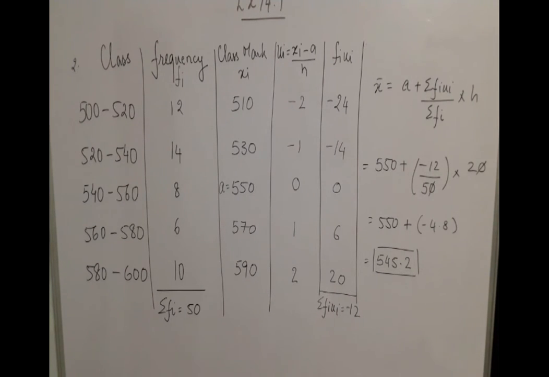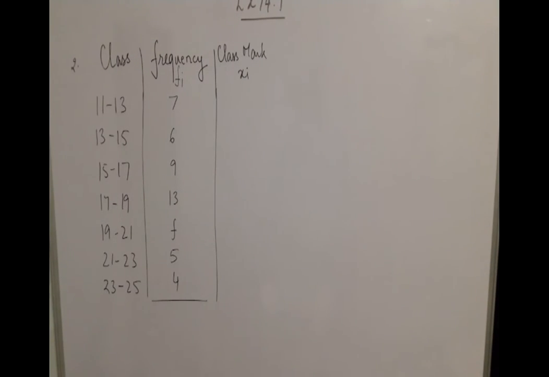Okay, let us move to the next sum now. So today we are doing the sums on the mean only. Again, three formulas: the direct method, the assumed mean method, and the step deviation method. So we will keep on practicing. Okay. The third sum is a very interesting sum now. In this sum we are given the class, we are given the frequency, and if you notice, we have f here, an unknown frequency. In this sum we are supposed to find the frequency.